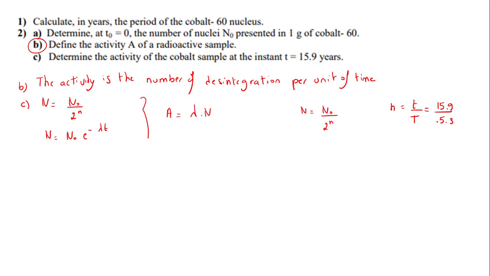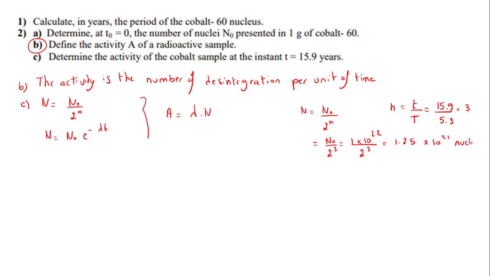We get approximately 3. Then N equals n0 over 2 to the power 3. We found n0 to be 1 times 10 to the power 22, over 2 to the power 3. This gives the remaining number of nuclei, approximately 1.25